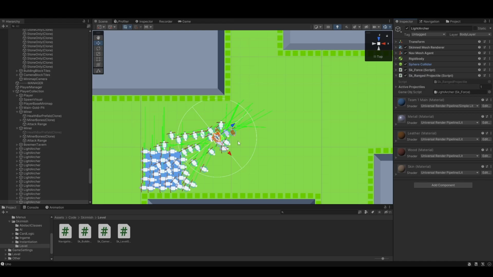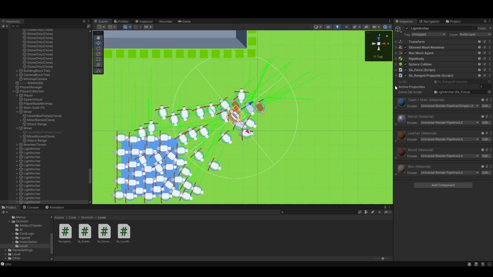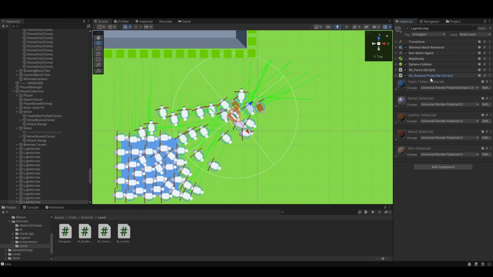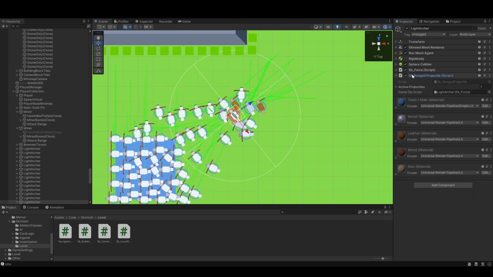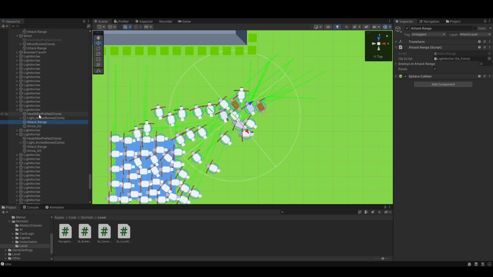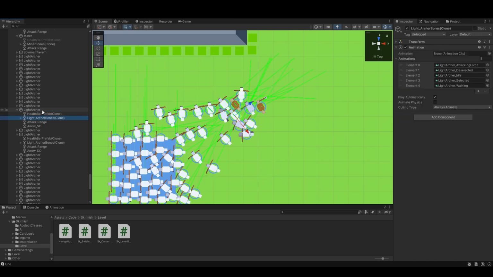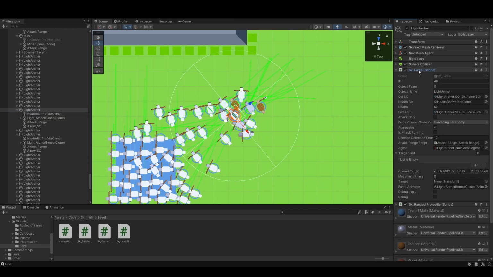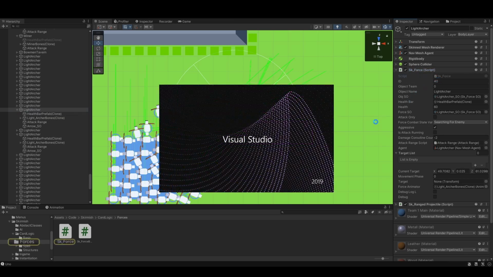So first of all, the ranged forces also have the ranged projectile script just for shooting the projectiles, and you see everything else is, of course, apart from the attack range script and some specific things like the bones of animations, everything is in this script, and this is a huge script, but it is still really basic. So melee and archers still have the same script attached, but it is really big and really complex, I'd say. Let's go through it. Of course not through every method, but if it loads,